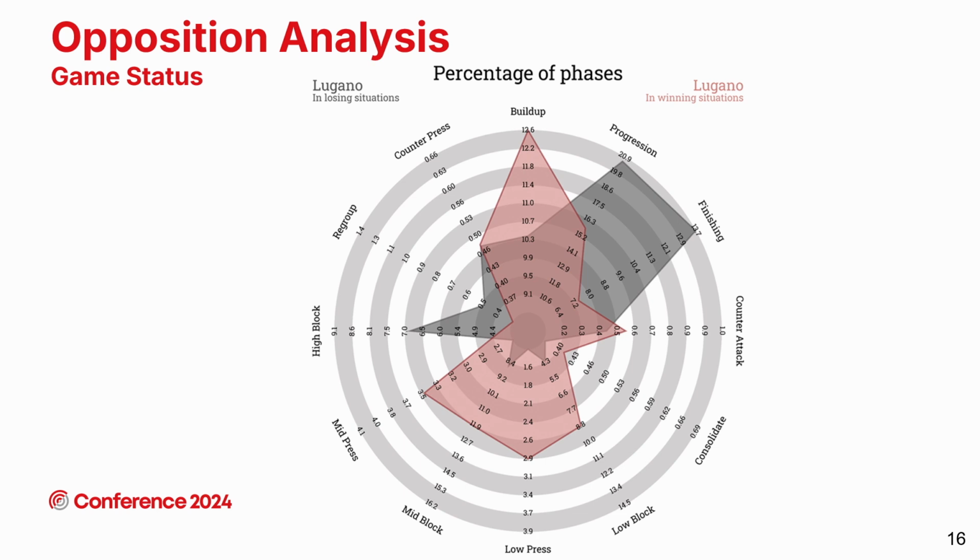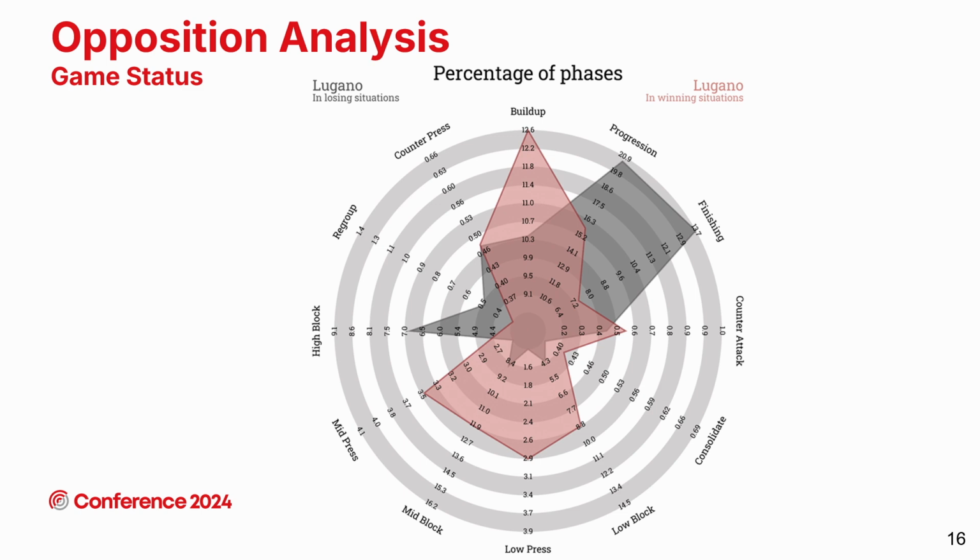Now, we might want to go deeper, analyzing how each team's style of play changes, maybe between first half and second half, but actually it could be better to study how each team's behavior changes in different match status, because that might be the real reason behind possible differences seen between first and second half. We look again at Lugano's data here.